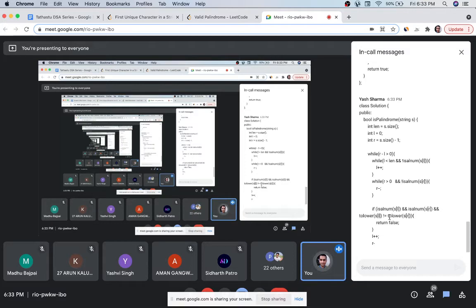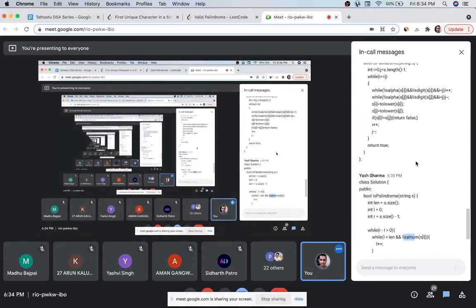Like आपने अपना program बनाया, you created a program in an interview and used a function isalnum in C++. Okay, so the interviewer will ask you, do you know the inner implementation? So you have to also know the implementation. If you know the implementation, then it's okay, you can use some inbuilt function like isalnum or any other method in different languages. Okay, so that part is clear.